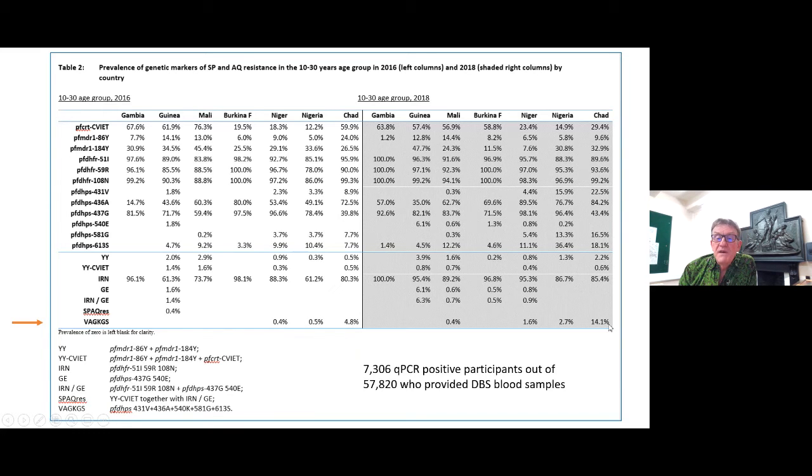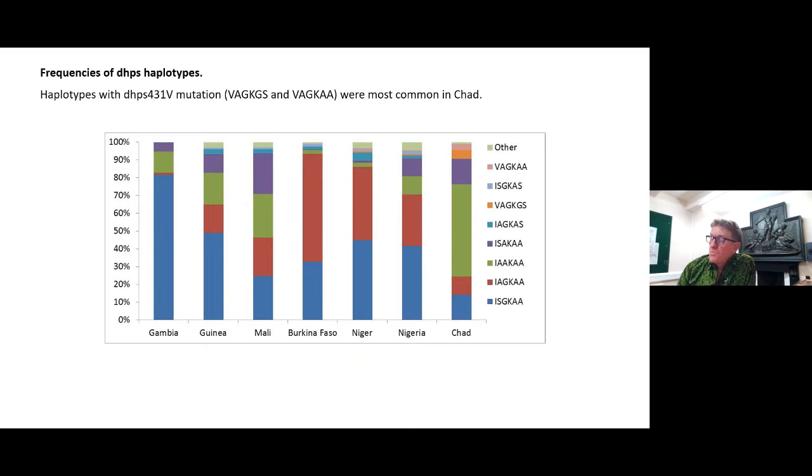And we found it in 4 different countries: Mali, Niger, Nigeria, and Chad, and we now also know that it's really quite common in Cameroon. So you can see here, it's these 2 colours here, pink and orange. It's a relatively minor player, but the fact that it's spread across at least 4 of the 7 countries, and clearly has an easterly bias in its distribution was noted, and we are continuing to pursue that